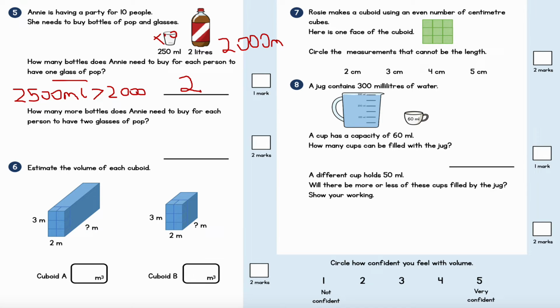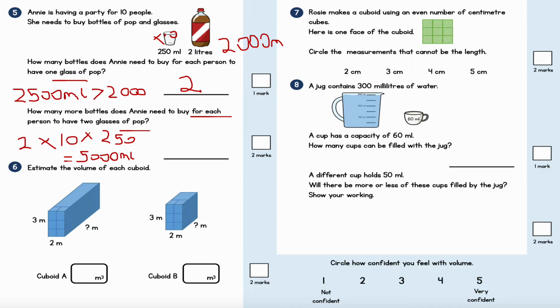So I'm essentially going to be doubling this answer, because if each person's having 2 glasses of pop, 2 times 10 times 250 is 5,000. So I'm essentially doubling this number here. 5,000,